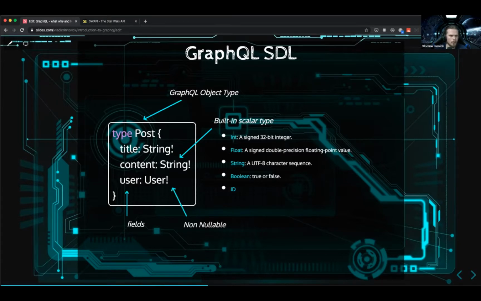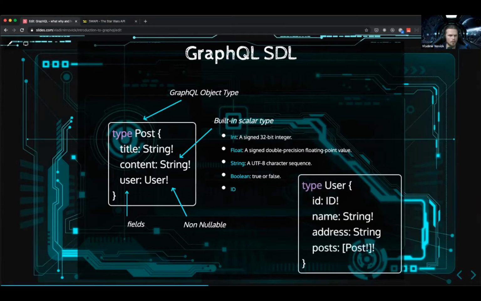You also have these exclamation marks, which mean whether the field has to be there or not. If you don't provide this exclamation mark, then it means that a post can have title, content, and not necessarily need to have the user. So it's up to you to define how strict your API is.